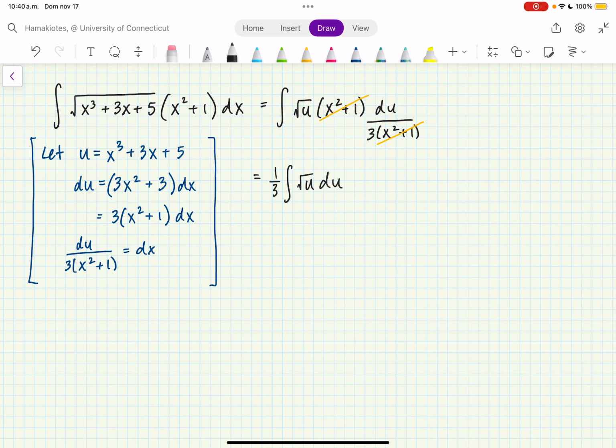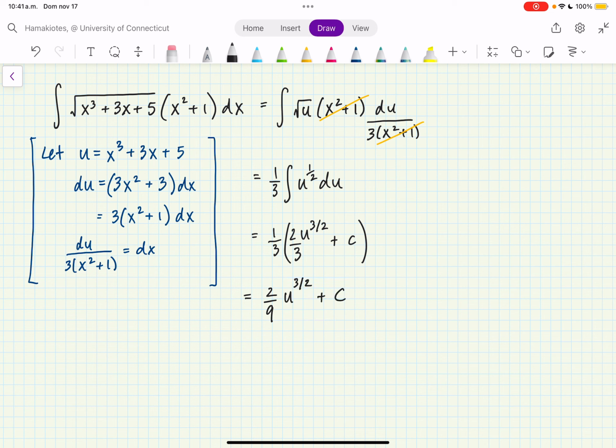Now I can rewrite the square root of u as u to the 1/2. And then it's a bit more obvious how I can take the integral of that now because I have my power rules. So this becomes 1/3 times u to the 3/2 divided by 3/2, which will be times 2 over 3 plus c. Now if I multiply by 1/3, I see that this is 2/9 times u to the 3/2